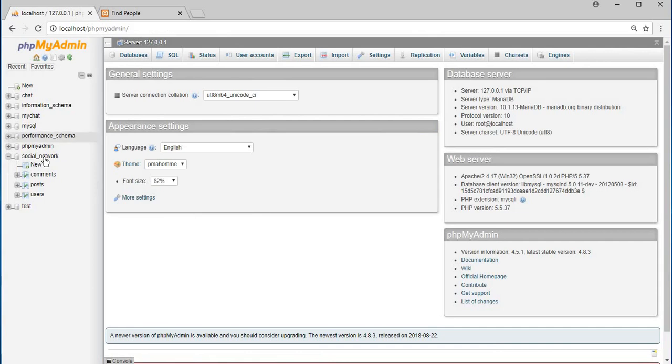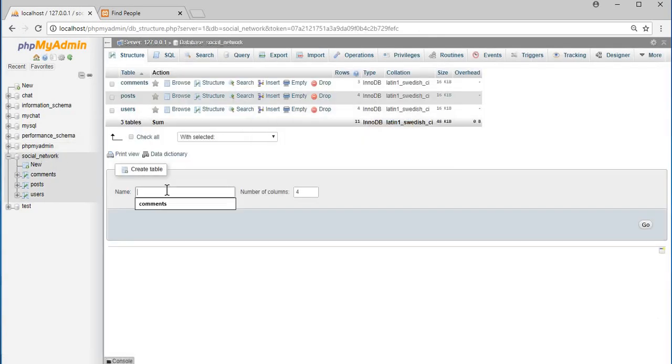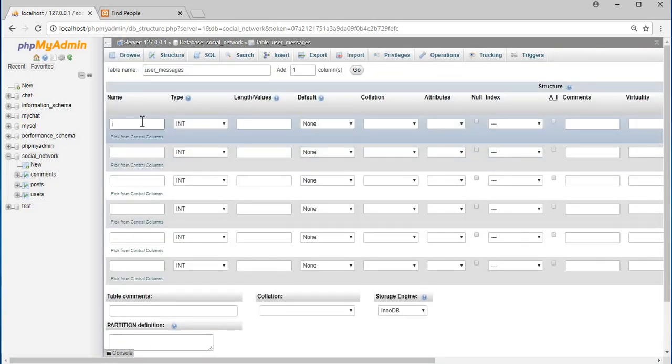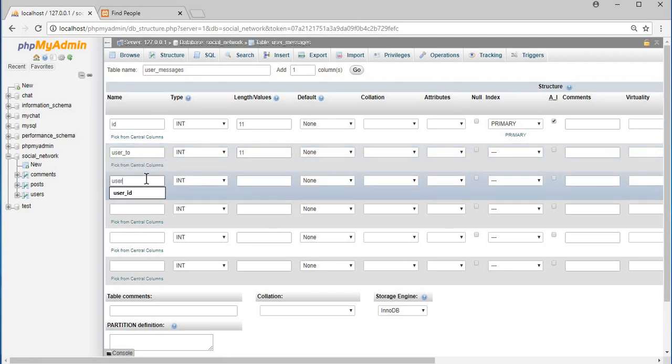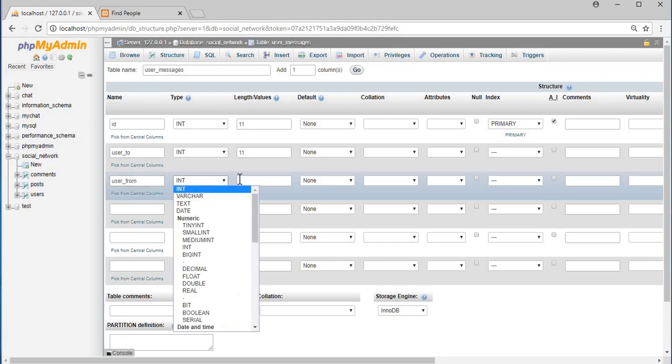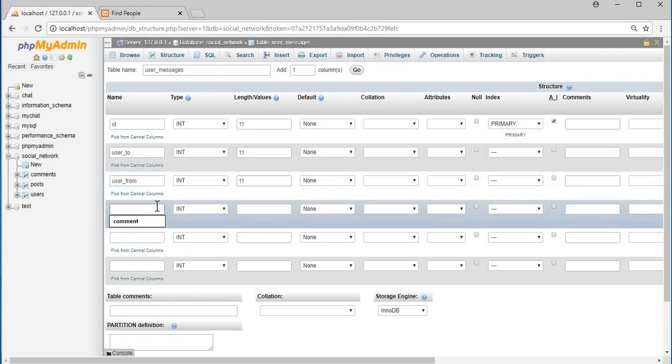Okay, so if we click on the social network, we will give the name as user_messages, and the number of columns will be 6. So the first one will be the id, it will be an integer, length will be 11, and auto increment, and the second will be the user_2, it will be an integer, its value will be 11, and that's it. And then the user_from, it will be also an integer, its length will be 11, and then message_body, the message body will be a varchar, and its length will be 200,